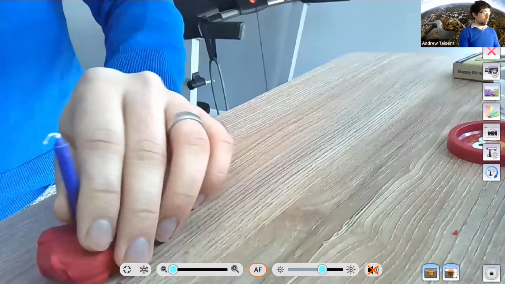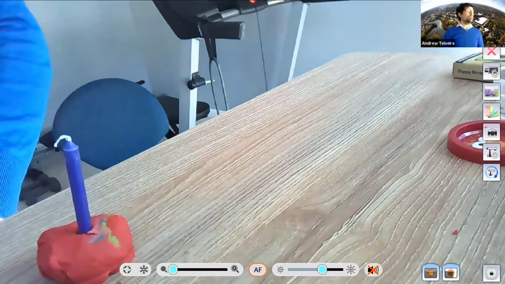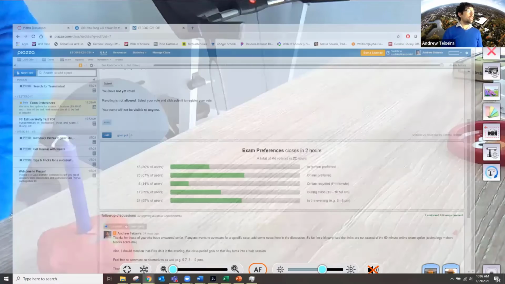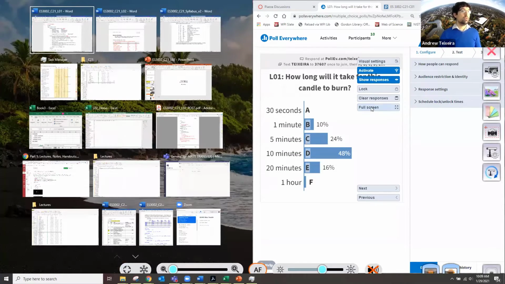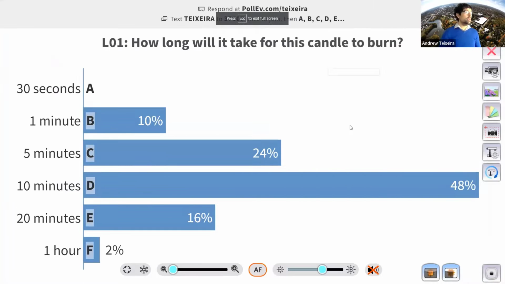How long will this take to burn? And we asked that online and we got some answers. So let's see what we have. Full screen. Most of us think it's going to take 10 minutes to burn, some of us 5, 1, 20 minutes, and somebody thinks this is a miracle candle that will last an hour. Okay, it's a pretty good Gaussian distribution over here. I honestly don't know for sure where I am in this,